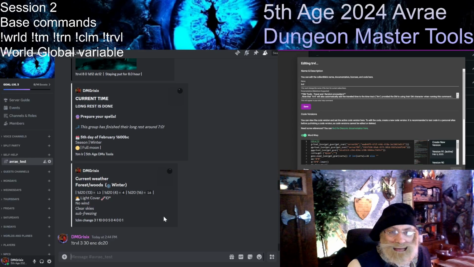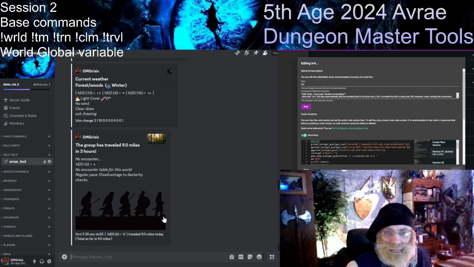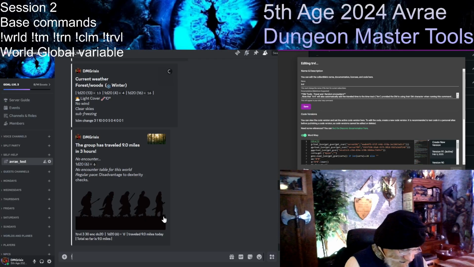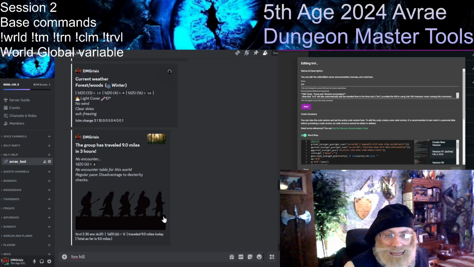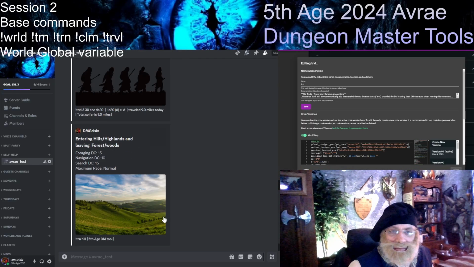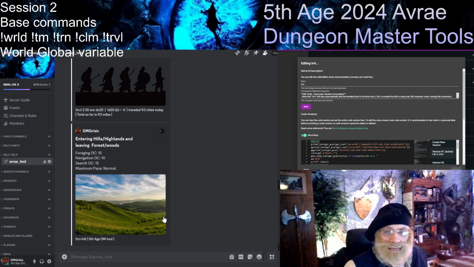So let's do that here. DC 20, no encounter. They have done the 9 miles to reach the hills. So we're going to indicate that the terrain is changing at that point. We are starting to be in the hills here, and as they continue their travel, we know that the terrain has changed. So let's say they have another 5 miles to do in the hills before they get